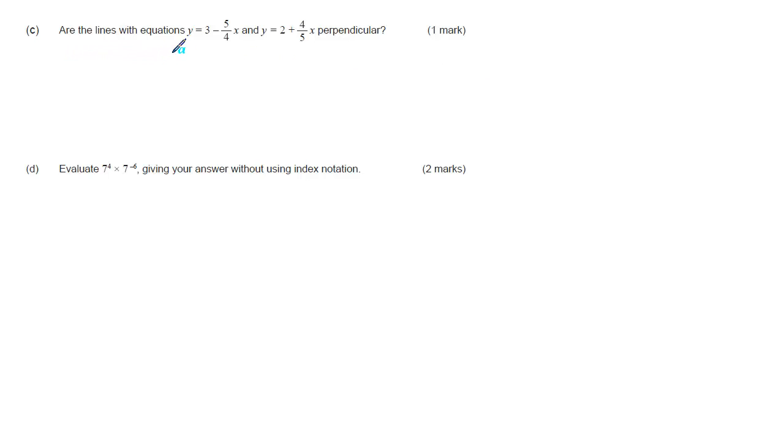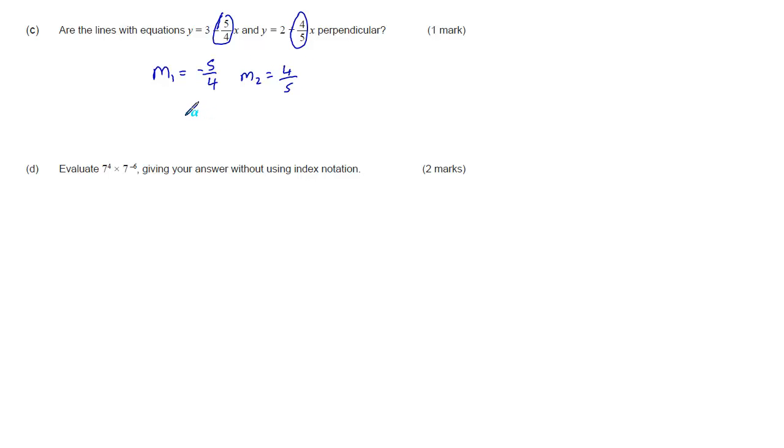Are the lines with equations y equals 3 minus 5 over 4 x and y equals 2 plus 4/5 x perpendicular? Well, we can check by multiplying the gradients. Now the gradient is the number multiplying the x. So the gradient here is negative 5 over 4, and the gradient here is